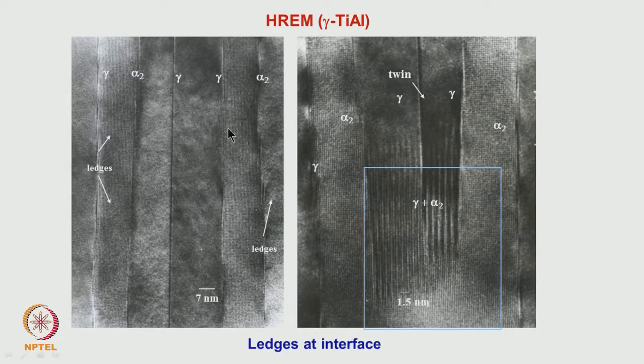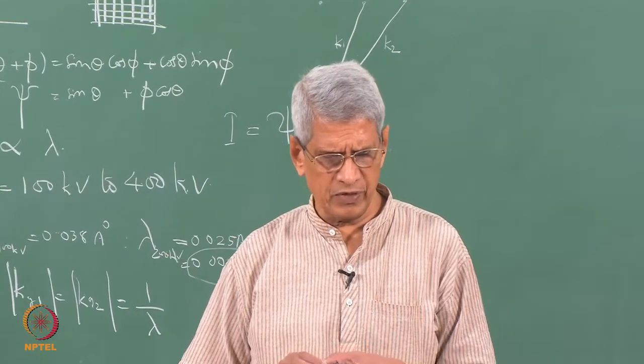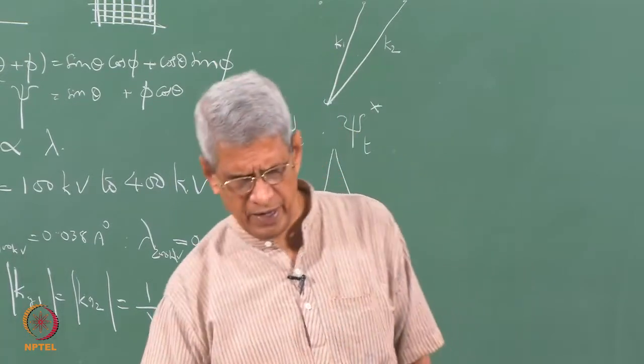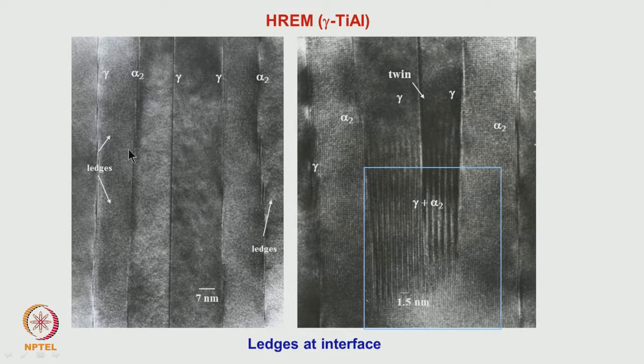Okay. These are a few other pictures, taken from high resolution electron microscopy of a gamma titanium alloy, where after heat treatment it has phase separated into two phases, gamma TiAl and the alpha 2 phase, which is HCP. At the interface between these phases, you can see ledges. These are in a plane interface. If it has to grow, unless some ledges are there, it is very difficult for it to go. You might have studied these aspects in phase transformation, and using high resolution microscopy we can get direct evidence for it.